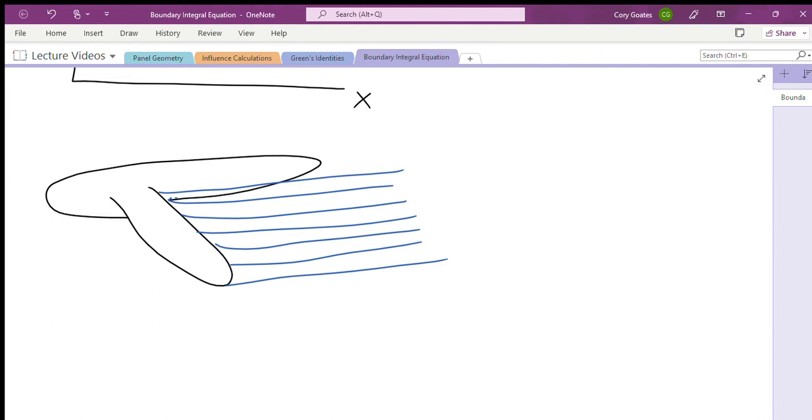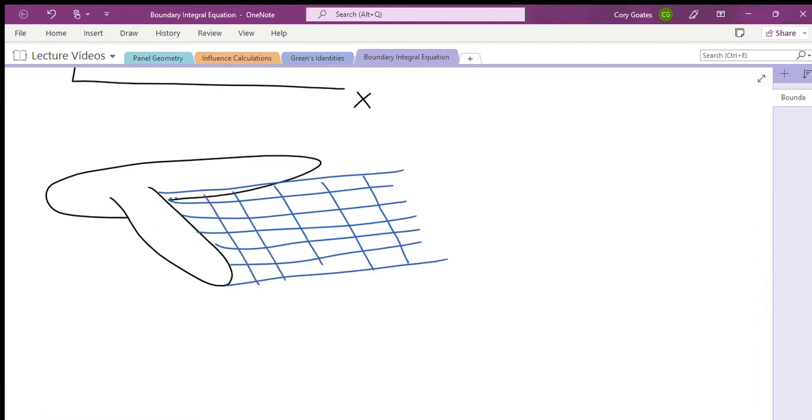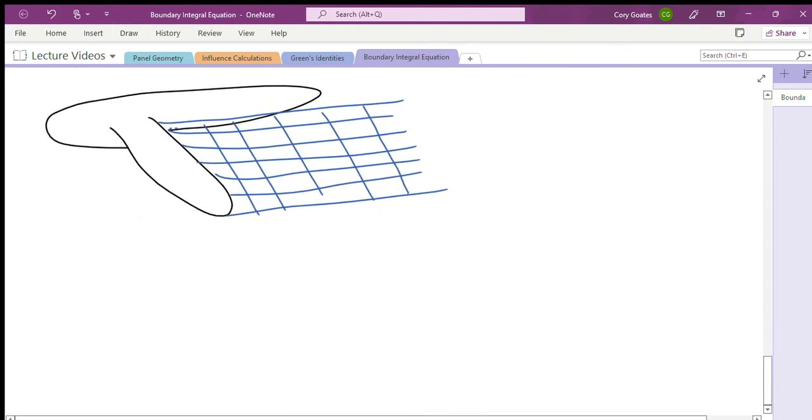Now, the way that these have to be accounted for explicitly in panel methods, the way that we do that, is by discretizing the wake as well. We can just break this wake into chunks of panels like that. And if this wake is straight, if it's not changing in this streamwise direction, then it can just be one long panel. It doesn't matter, but I'll show it here with panels broken up like that, just so you can see what's going on. And then we'll apply this boundary integral equation across the combined surface of the configuration and